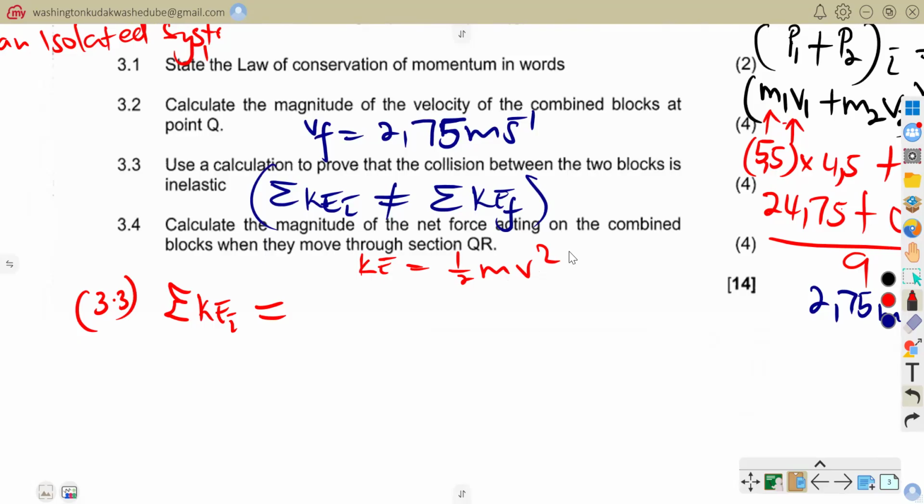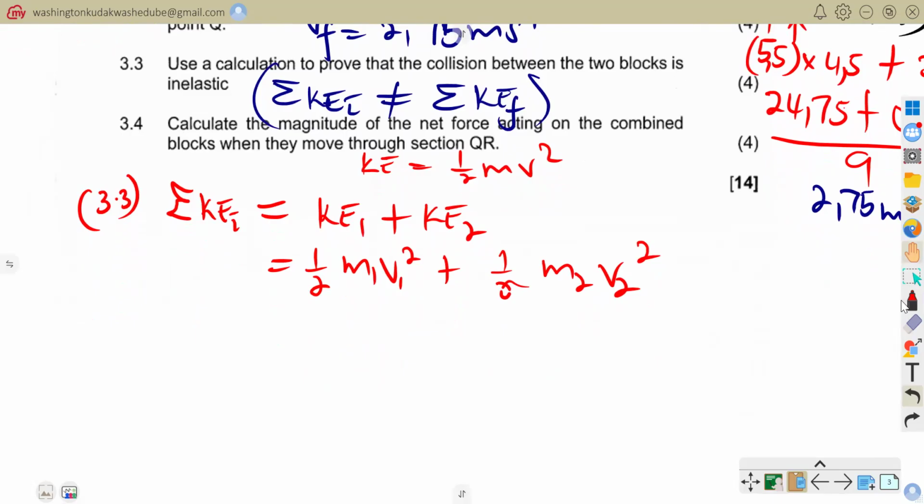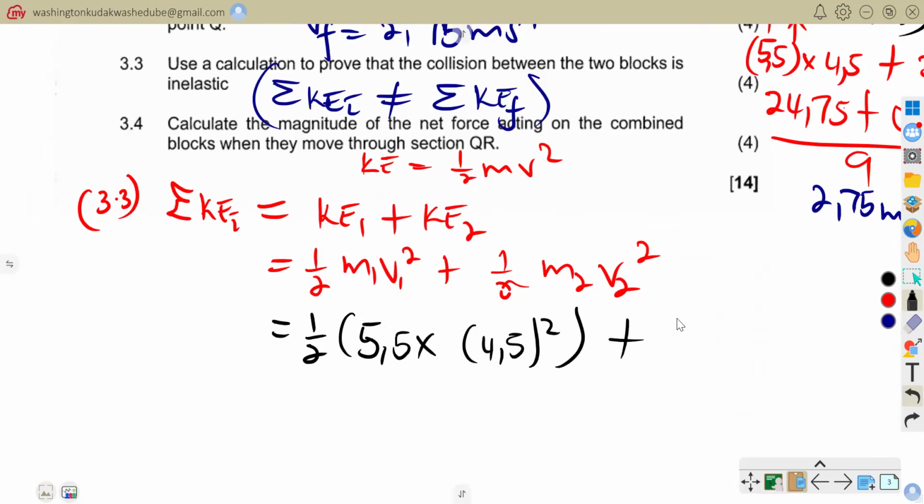So now total kinetic energy before will be kinetic energy of object 1 plus kinetic energy of object 2, which is equal to half mass of object 1 times velocity of object 1 squared plus half mass of object 2 times velocity of object 2 squared. Now all I need to do is substitute the values that I know. So half of my mass, which is 5.5, times my velocity, which is 4.5 squared,